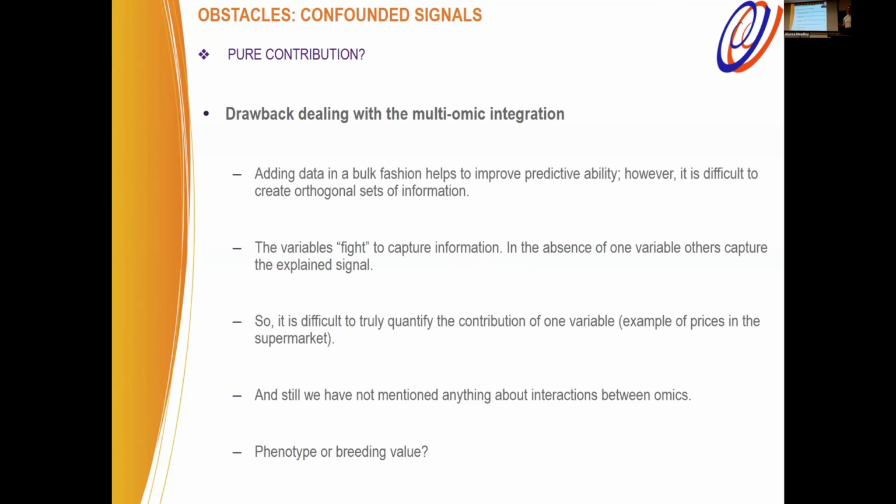However, it might be a little difficult to address what is the specific or pure signal that one of these components is explaining, right? So just imagine, when you go to the supermarket and you pay, you get the receipt, you know pretty much how much you paid for each one of the different items that you bought. Now just imagine that you lost the receipt. And the only thing that you know is how much you paid, and then you start trying to guess how much each one of the different items costs. And now actually you have a very good idea, right? Like, okay, milk probably not that expensive, eggs, or you bought something that's very expensive that you can kind of rank. But still you have uncertainty, and that is the thing that was happening in our case.